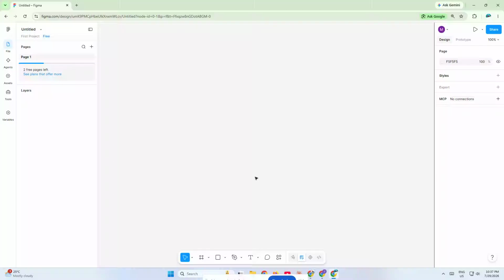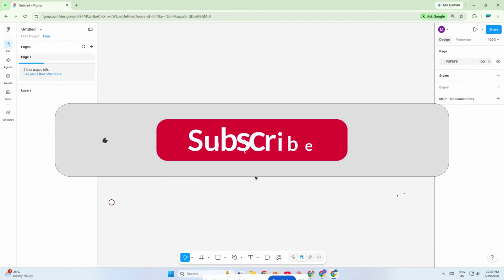Today I'm going to show you how to create a header slider animation in Figma step by step. Even if you've never built a motion effect like this before, this is a really useful technique for making your headers feel more dynamic, more polished, and more engaging, especially for websites, landing pages, portfolio layouts, and product mockups. By the end of this video, you'll know how to build the animation, connect the frames, and preview the final